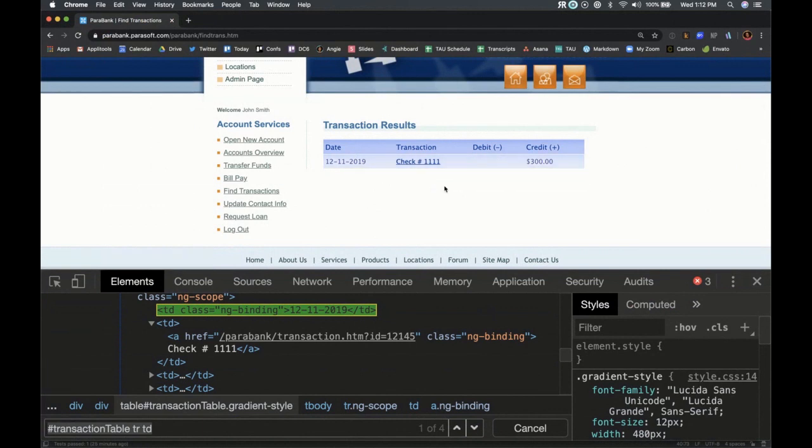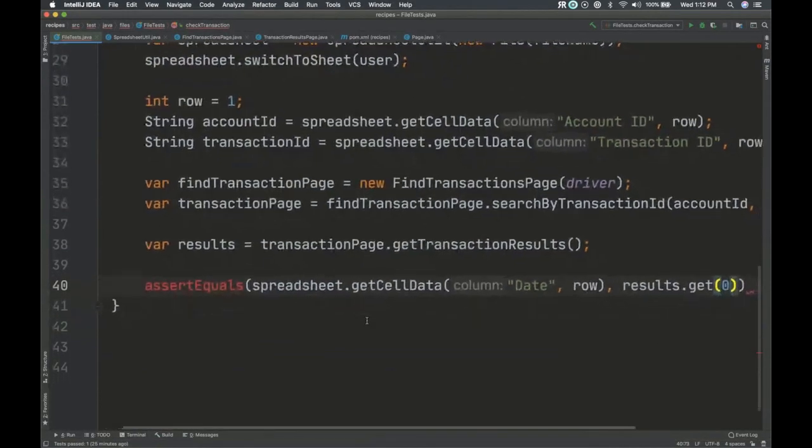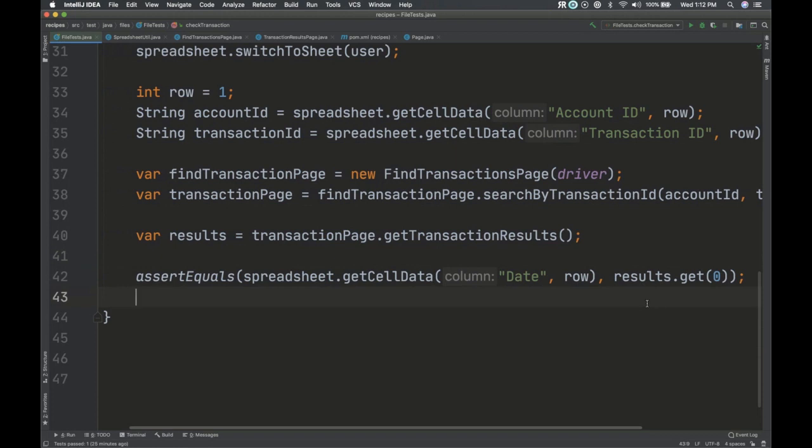Now I'm relying on position here, which I hate, but for the sake of time and simplicity, I'm going to do this. Usually I would try to get the headers of that, much like I did with the spreadsheet. I guess that's a table too. So same kind of concept. So you know what I would have done. Don't think I'm raggedy. All right. So we're going to assert that.